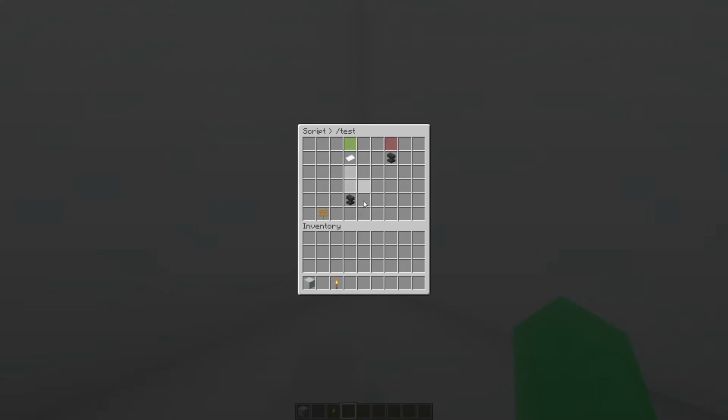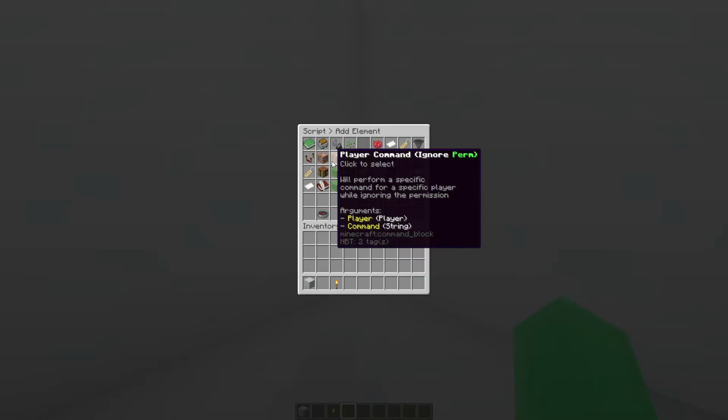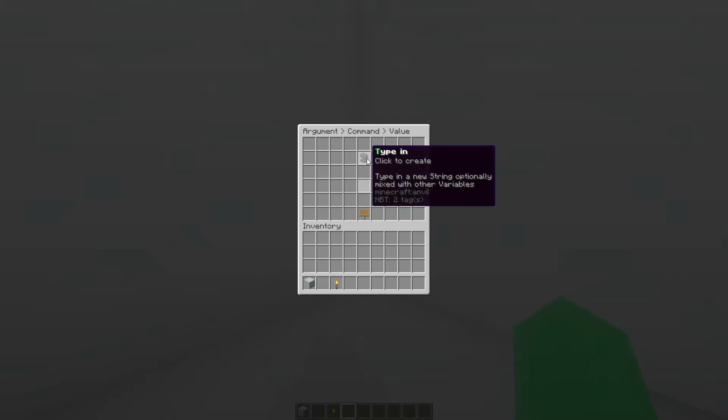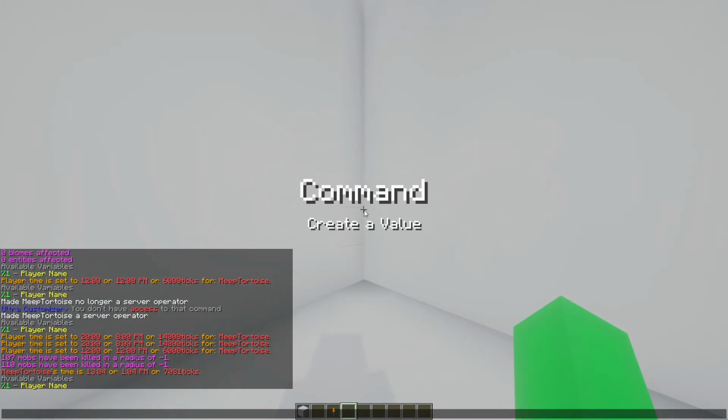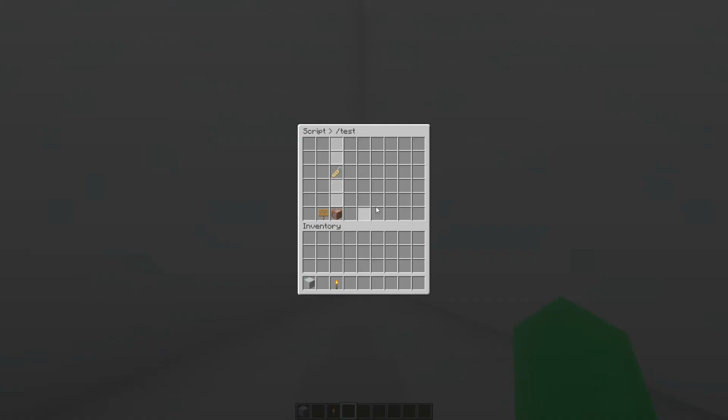After you've done the script, if you haven't already, you're going to want to get the player name. Afterwards, you'll use player command ignore perm, type in, and use whatever permission plugin you use as command to remove a permission from someone. In this case, I use uperms. So I'll type in upc remove player permission, then the player name, which in this case is %1, so it's whoever executes the command, and then the permission, test.canUse,